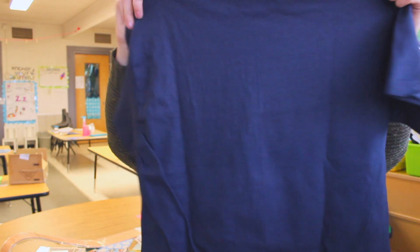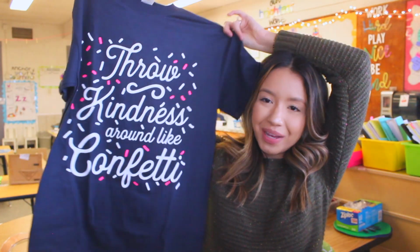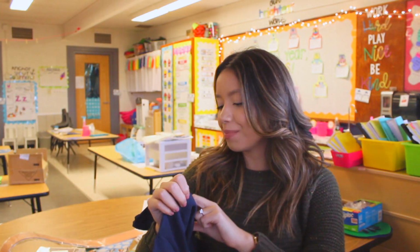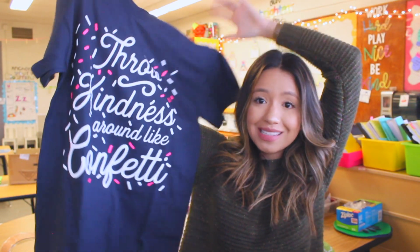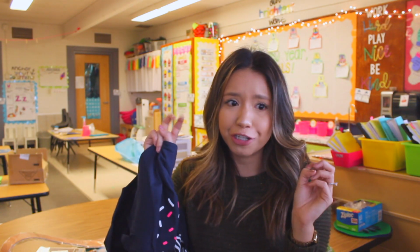It looks cute. I love it. It's super cute. It says throw kindness around like confetti. I love this so much. The one thing about these shirts is that they're more on the baggier side, but that makes them super comfy, and it's so cute. This is definitely my favorite thing so far because I love teacher shirts, but I